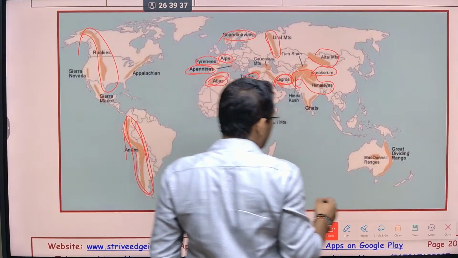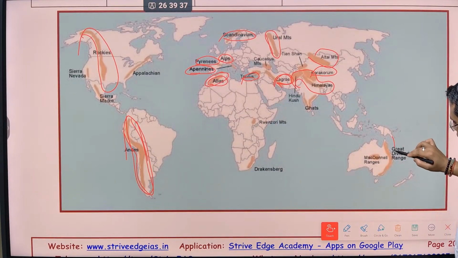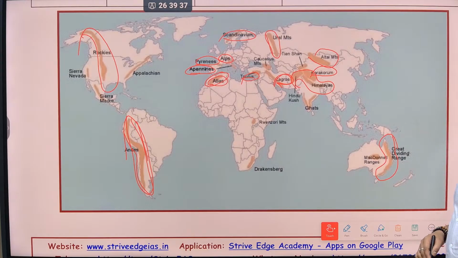One important mountain, these are the fold mountains we found on the eastern side of Australia. This is called Great Dividing